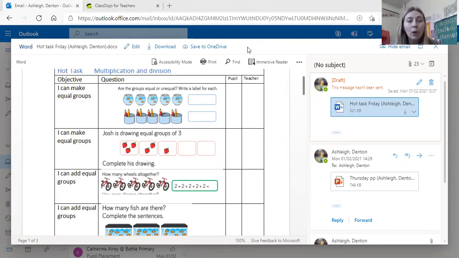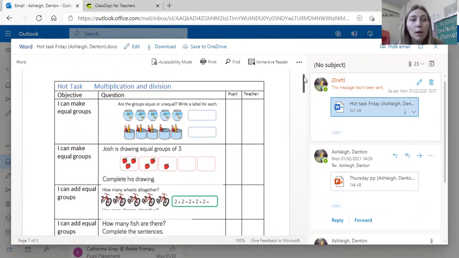I just thought I'd pop on and go through some of the questions for you, as I've seen a few people have been struggling a little bit, so let's go through it together and we can share our answers. It's also a good opportunity for you to be purple penning and editing your answers. If you do purple pen at home, please make sure you do it in a different colour. It doesn't have to be purple, just so then I can see your original working out and your edited new version of your working out,